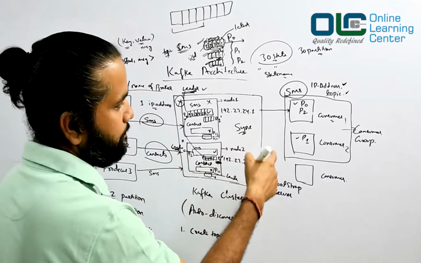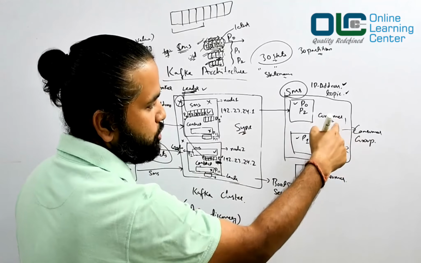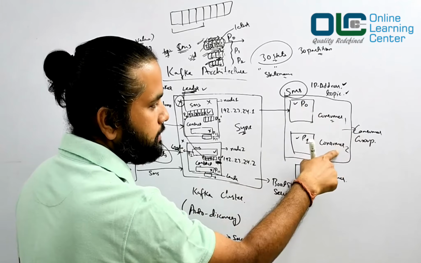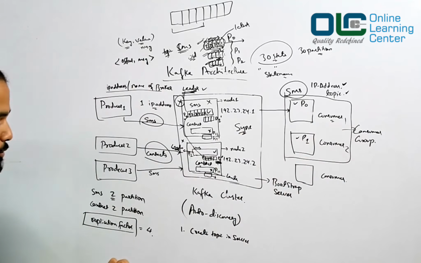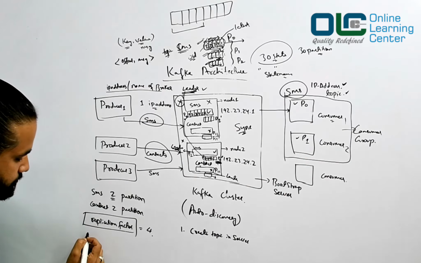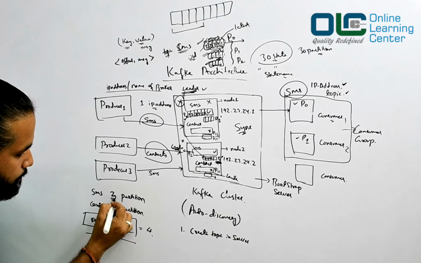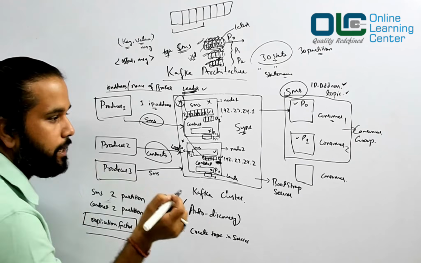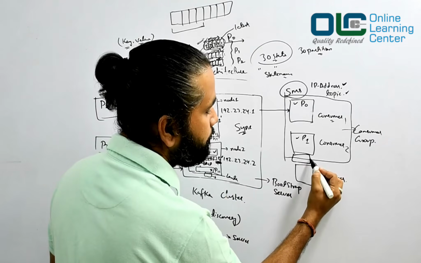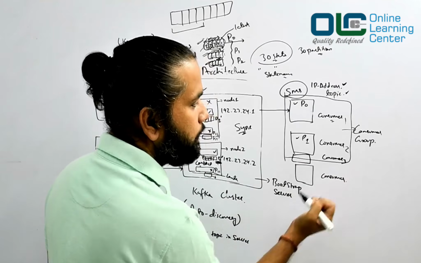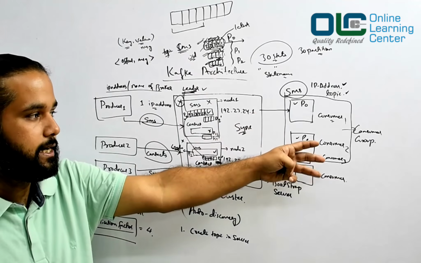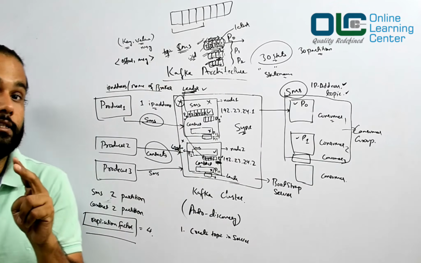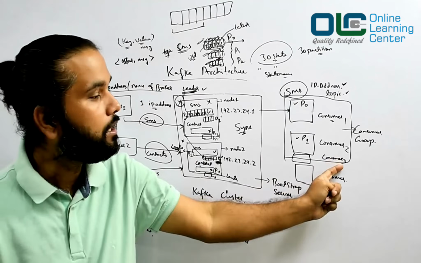If you look at this example, this consumer group has 2 consumers, and the first consumer will consume P0 and the second consumer will consume P1. You may ask, what if I have 2 partitions for this SMS, but I created 3 consumers here? It is possible. I said my 3 consumers would collectively consume SMS data, wherein the SMS has only 2 partitions. In that case, the third consumer will not do anything.